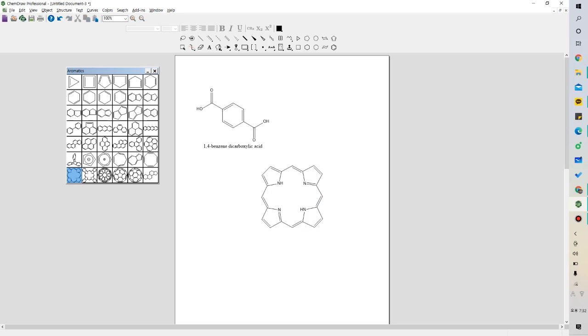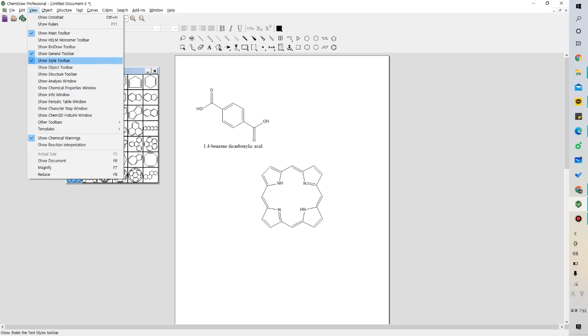There are also templates for the drawing function in CCDC, but there are much more diverse kinds of templates here, so you could easily draw and design your desired structure using ChemDraw and then export it to CCDC.